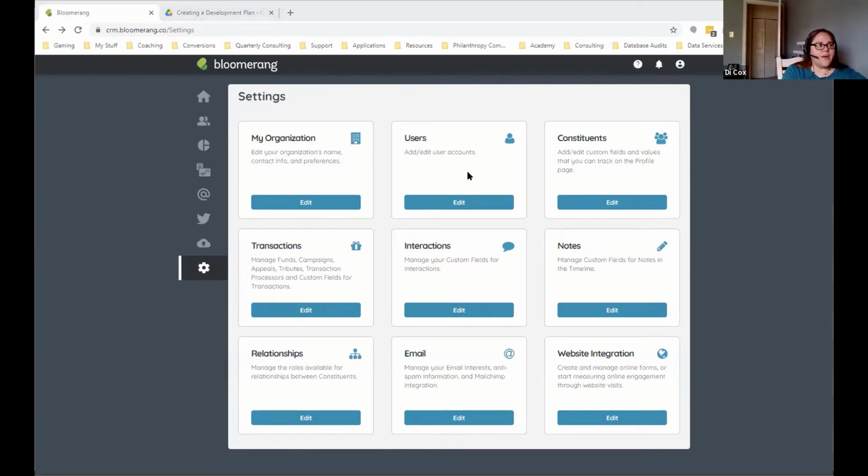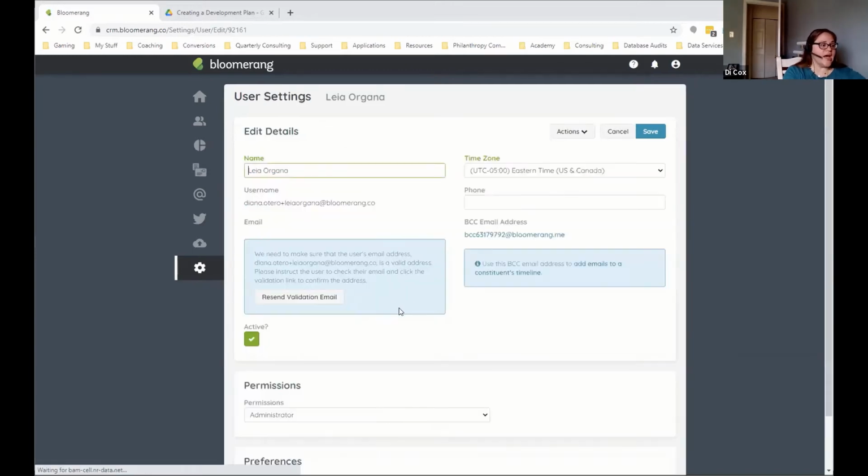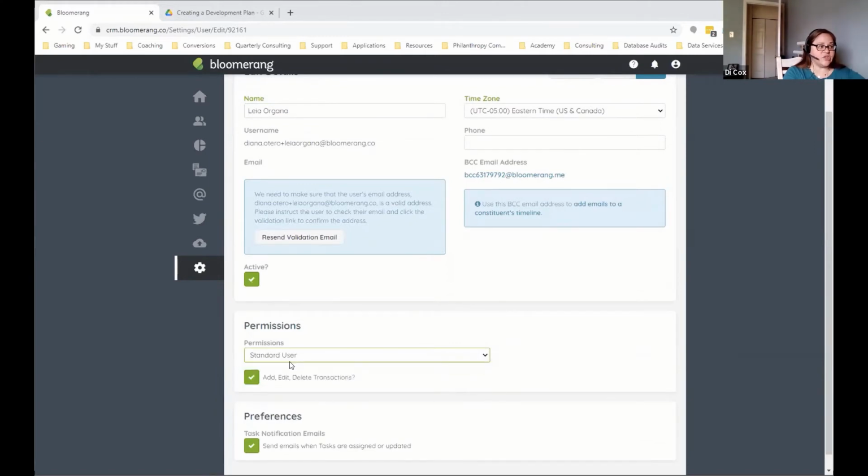You can also update your user and user permissions here. So if you need to add a new user, you'll come in here to do so. You can also change the kind of user that everyone is. So you can see there are a couple administrators listed here. You can come in and you can change permission rights to standard users and whether or not they can add,